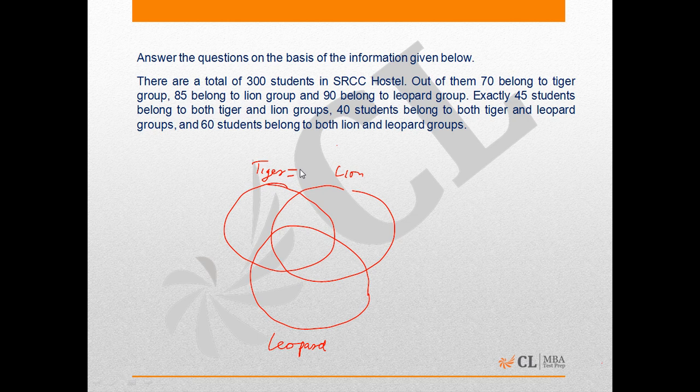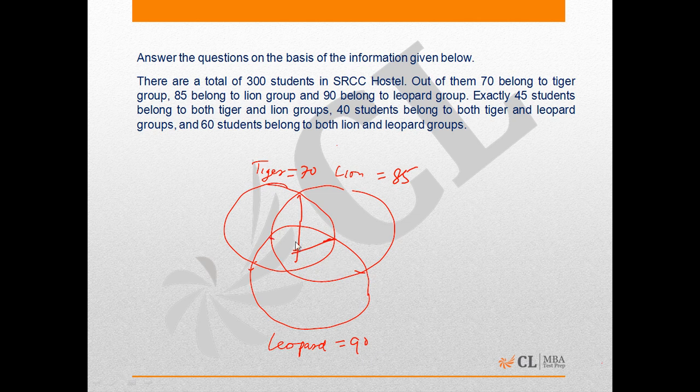The number of students who belong to Tiger Group is 70, and that of those who belong to Lion Group is 85, and to Leopard Group is 90. Exactly 45 students belong to Tiger and Lion Group, which means this whole region stands for 45. 40 students belong to Tiger and Leopard Group, which means this whole stands for 40, and 60 students belong to both Lion and Leopard Group, which means this whole